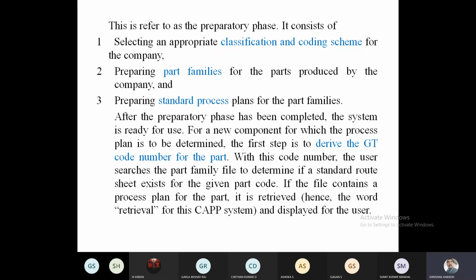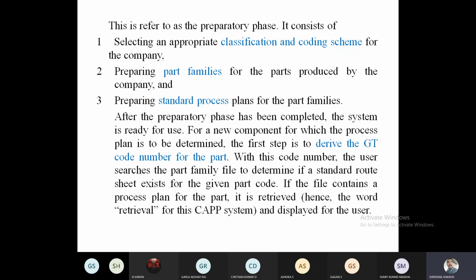For example, a 20 mm rod has to be made a plain turning, a 40 mm rod has to be made a plain turning. This will come under one group. Threading will come under another group, and heat treatment will go into another group. Like that, we have to go for GT, group technology, and prepare the code sheet for that. And after preparing this, you go for the part families, and see how many part families we can make.